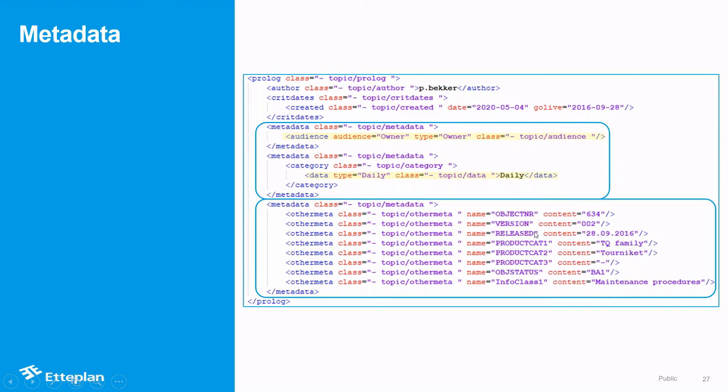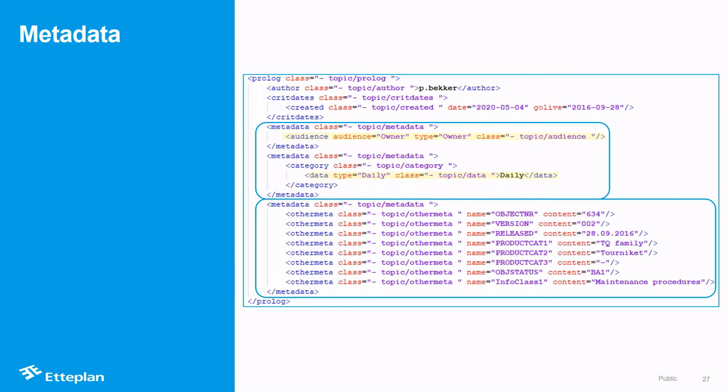There's a lot of information from the CMS. What's the object ID? What's the version? When was it created or released? And now we have this additional information that there is an audience of the type owner, and you could even divide it into a second level, but I took the same. So owner is the audience, and I misused the category to define the interval,